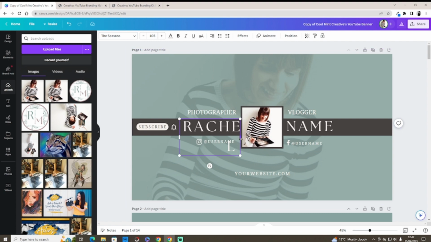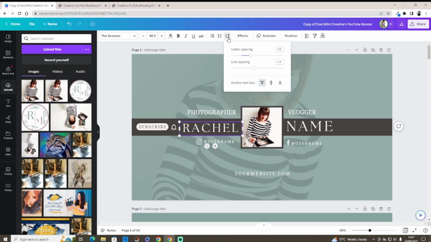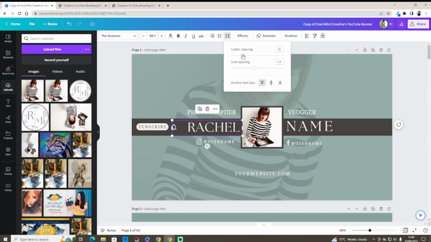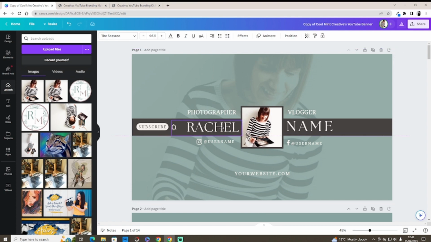Okay, so you want to click on this area here and just scroll it, move it towards the right. You then just want to make your name slightly smaller. You can bring it in if you want it to just be slightly bigger. So you see what I did there, I used that to bring the letter spacing in. And you can do the same for the other side